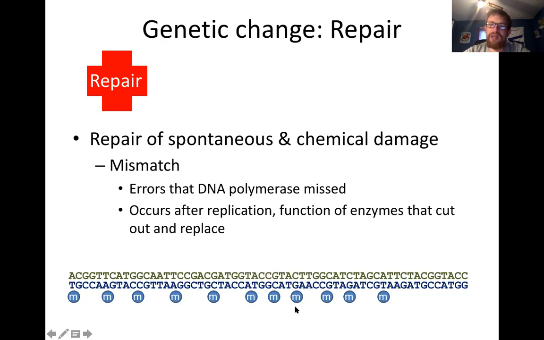Now, the problem would be, theoretically, if those mismatch enzymes missed that mutation, so then you have an incorrect base pairing. That strand gets methylated because it's been around for a while, and then you're not able to distinguish, right? So this is not a perfect system. Proofreading, mismatch repair, these special mechanisms we're about to talk about in bacteria, it's not perfect, but it is a way that we can catch some mutations, right?